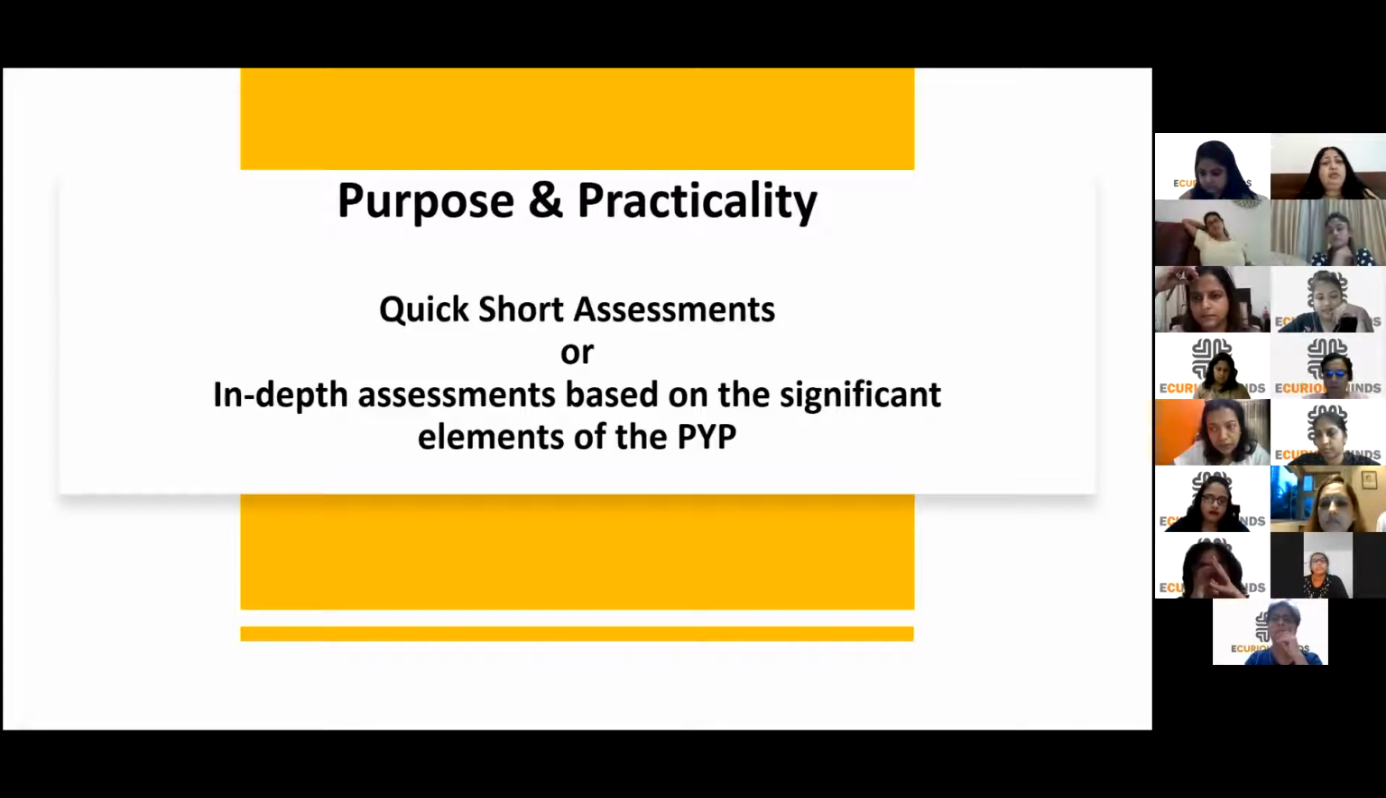Or should they be really in-depth assessments based on the significant elements of the PYP? The standards and practices of the IB PYP state that we should assess the different elements of the PYP. We don't call them the 5 essential elements anymore, because there are more than 5 and quite a few significant ones. So as a teacher, you take a call, or collaboratively at your grade level, you take a call on what kind of assessments we are going to use,